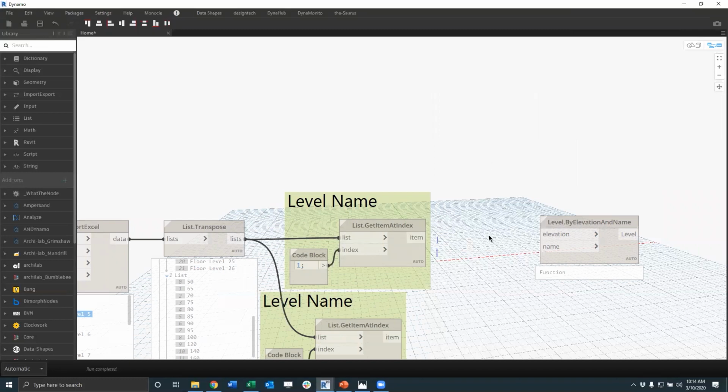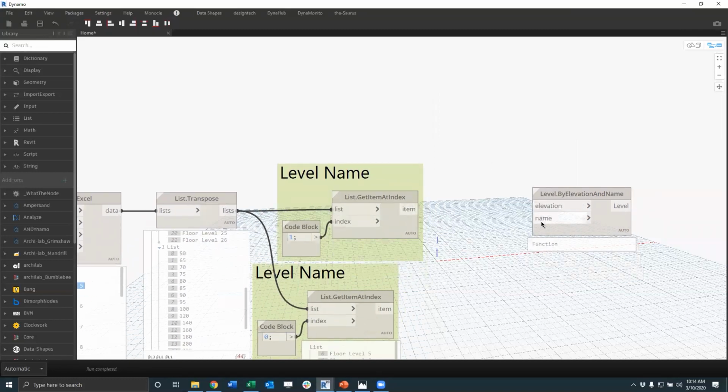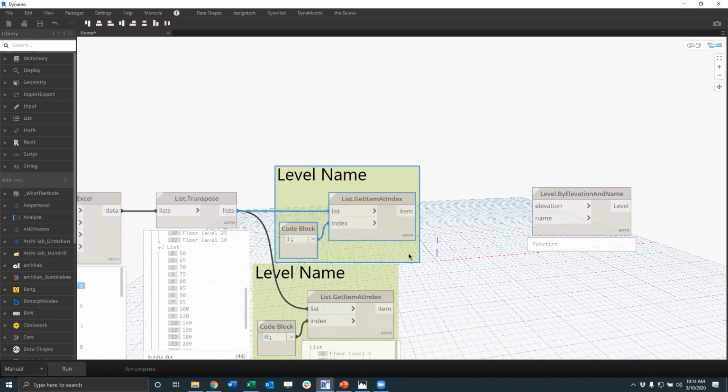So from here, I'm going to want to tie this information to here and this into here. Before I do that, what I like to do before I create anything inside of Revit, I like to change it to manual. Reason being is there's some nodes out there that can run into a